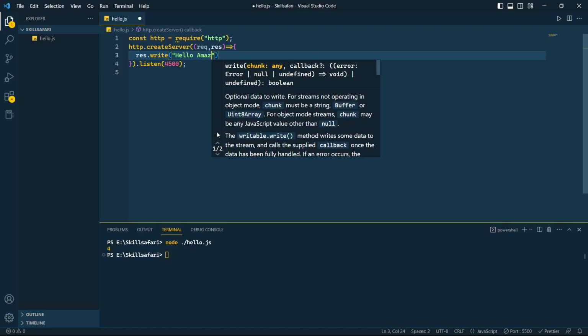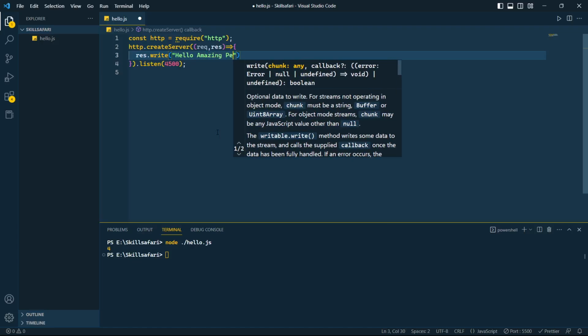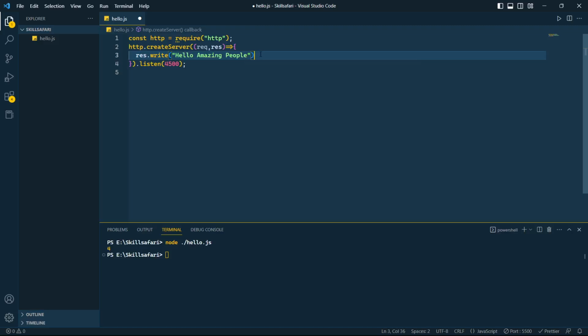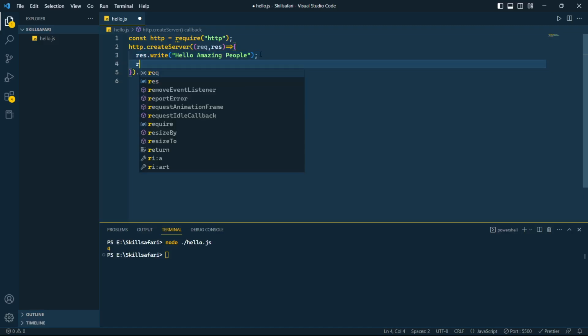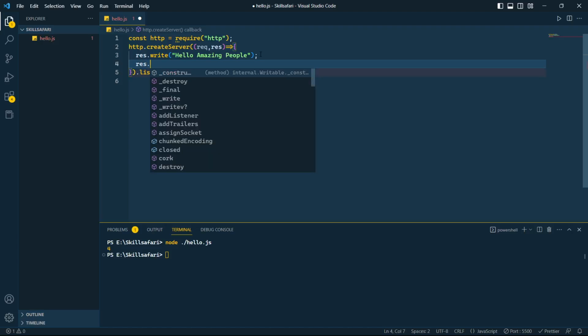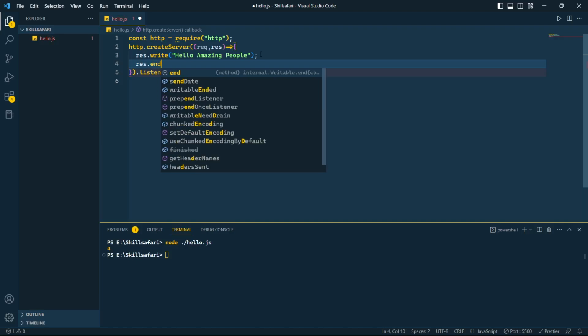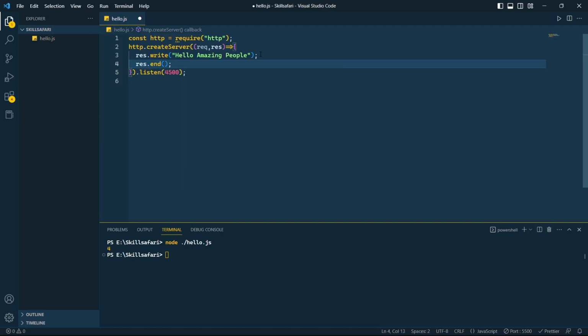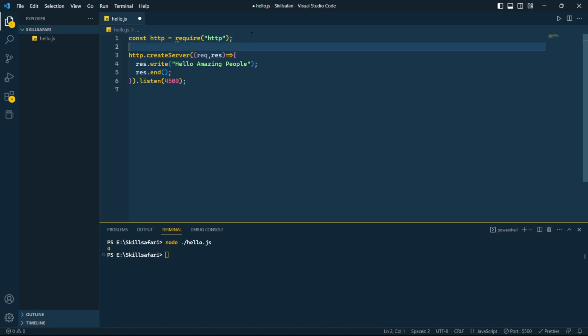Hello amazing people, right? And along with that, we also have to tell our Node application that it should end. Okay, so this is our first program.